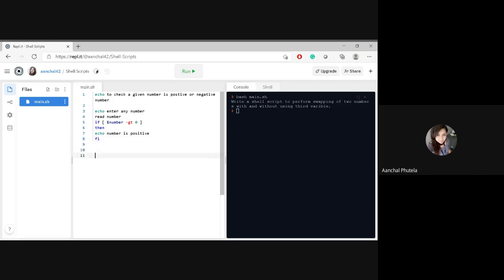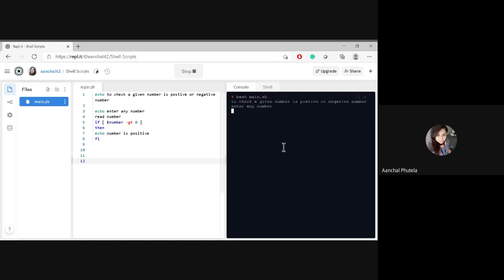End of if. What I am writing here: जैसे कि हम if लिखते हैं, मैंने कुछ condition लिखी, ठीक है, फिर मैंने क्या किया, start, this is the entry and this is the set of statements we have in if. So for entry के लिए हम curly braces use करते हैं, and in scripts we use then, right? And for exit of if we use fi, opposite of if. So this is what I had written. If number is greater than 0, then number is positive, and close of if. I'm just using if only.